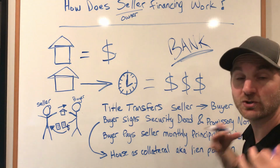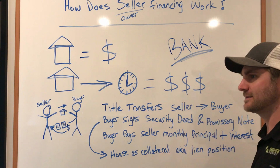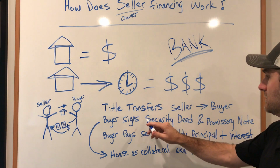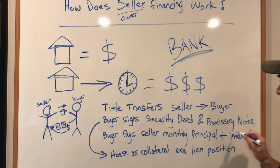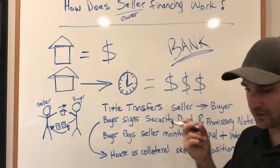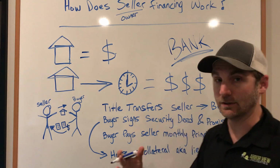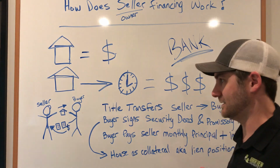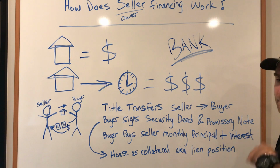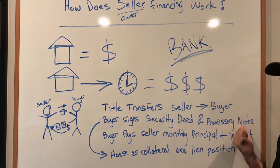Now this is applicable to Georgia, okay? Some states are deed of trust states, mortgage states, it just depends. But in Georgia, this is how it works. You get a security deed and you get a promissory note. There's two documents, okay? The promissory note is a really long, drawn-out document that explains the terms of the deal. It explains the terms of the financing, right? That explains the interest rate, the terms, prepayment penalties or no prepayment penalties, when the loan has to be paid in full,